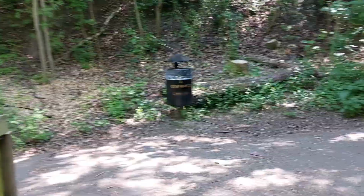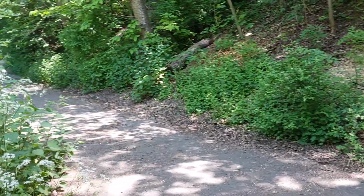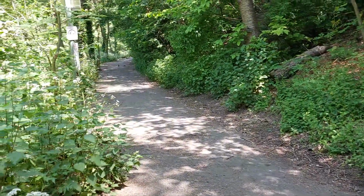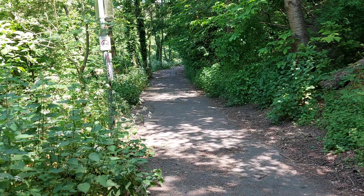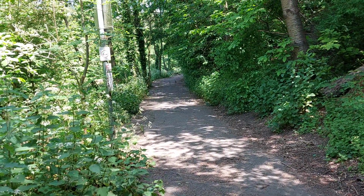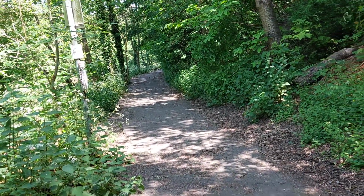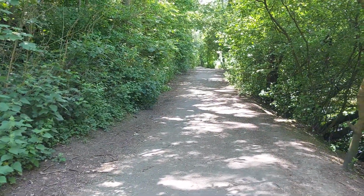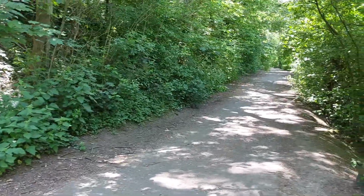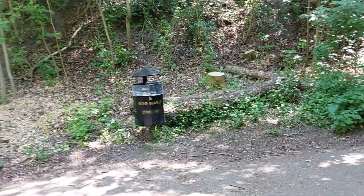Now at this point, if we turned to my left, that'll take us around Dawley Pool, and eventually it will circle us back to where we started this video. On the other hand, the plan is to go this way to my right. So if we back up for a moment,